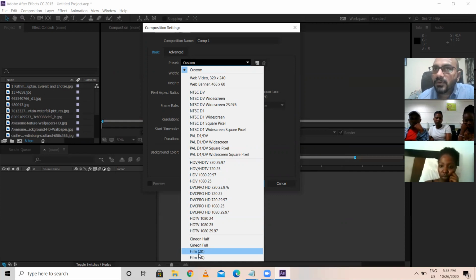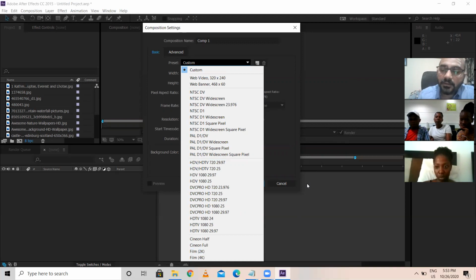1K stands for 1024 by 1024. The width and height will be 1024 pixels by 1024 pixels. Film 2K is 2048 by 2048 pixels. 4K is a very high quality video we can achieve.